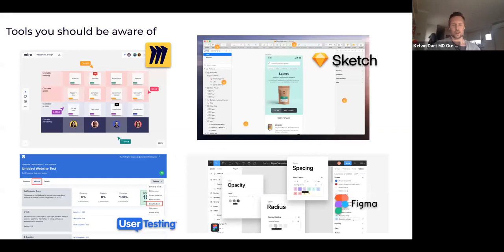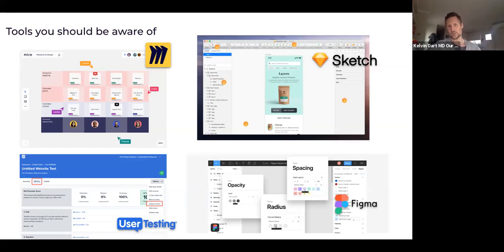So just some tools to be aware of, and I know those that have gone through Academy XI would certainly know these tools, but for those that are thinking about it or have not been in the design fraternity for too long, Miro's really become a great collaboration tool, more than ever with remote working. It just helps set the scene for strategy design. We're using it at the moment for that framework I just showed you earlier. User testing, it is really difficult sometimes to recruit. Usertesting.com is a great substitute for that if you need to get some qualitative and quantitative data back en masse, or user validation.